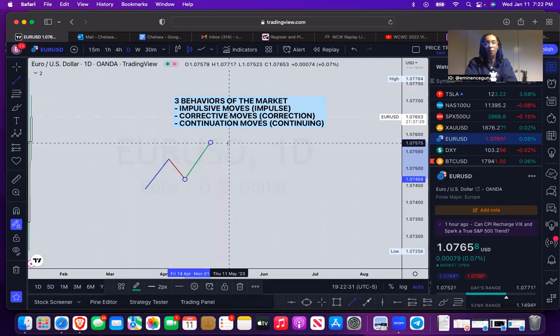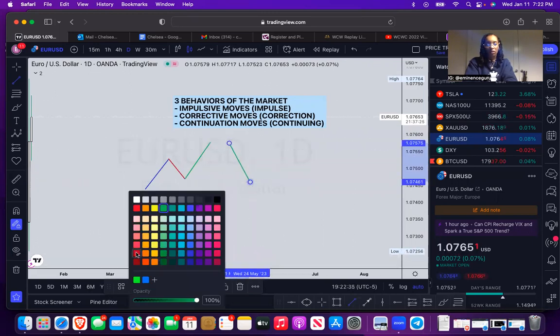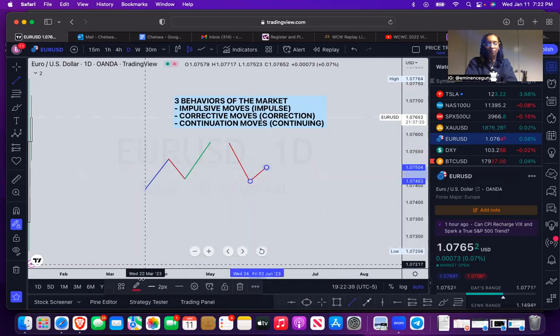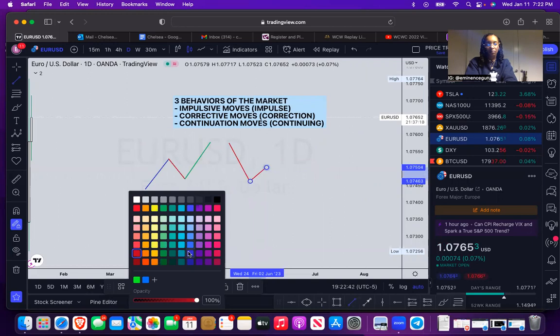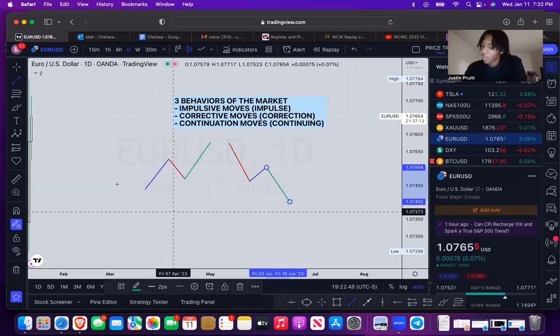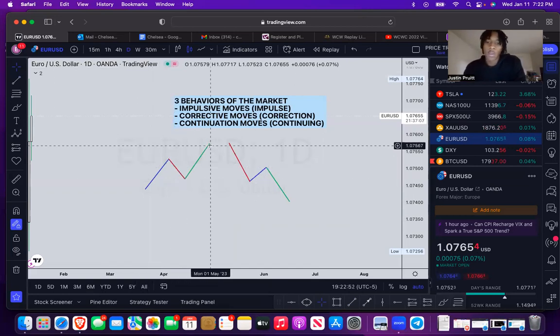And then we can go opposite. Impulse, correction, and then continuation. So basically, impulse down, correction up, and then continuing would be like,